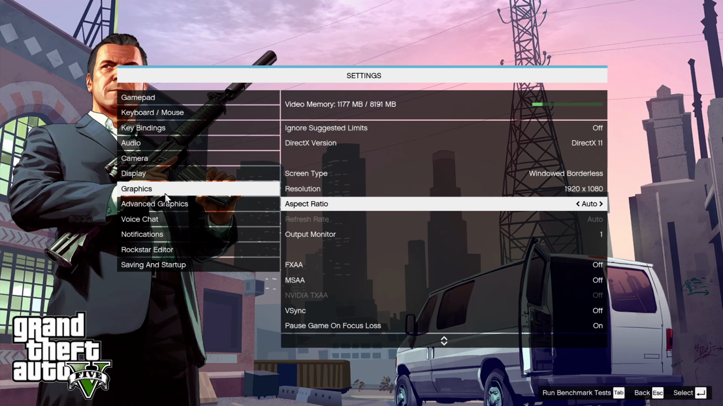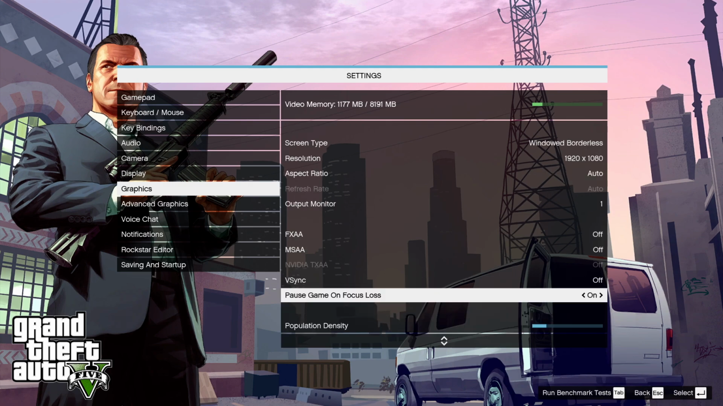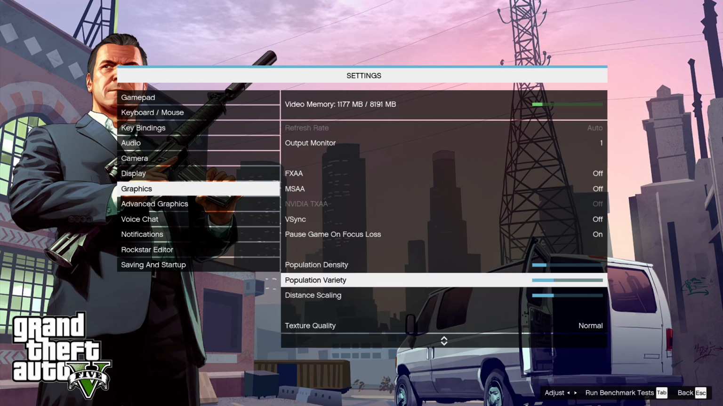First of all, go to GTA and go to graphic settings, and then we need to tweak a few things here. First of all, make sure screen type is full screen, make sure resolution is the native one, aspect ratio is auto, then FXAA, MSAA is off, VSync is off as well, pause game on focus loss on, population density is 2 ticks,